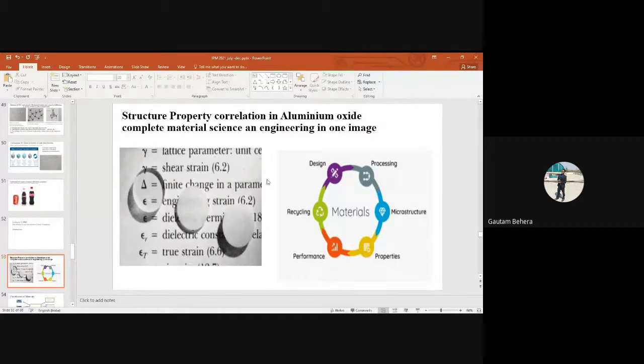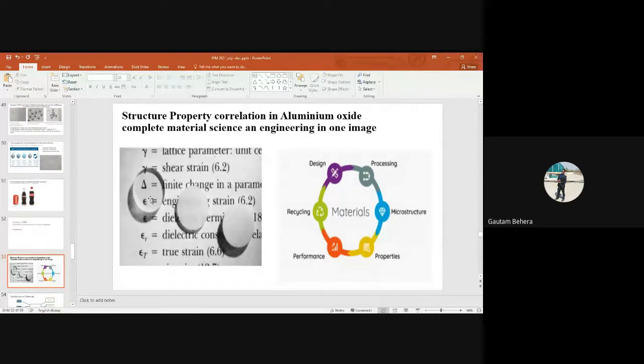If you want to recall this, this is a very beautiful picture showing structure and property correlation, or structure property relationship basically. Here the property we are concerned with is the light transmittance property, and the structure we are considering is single grain material, polygrain material, and polygrain material with some porosity or voids, right? The sample is fixed. This is a disc of alumina, this is another disc of alumina, and this is another disc of alumina.